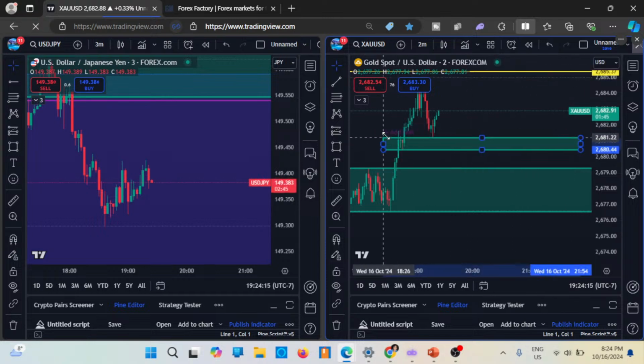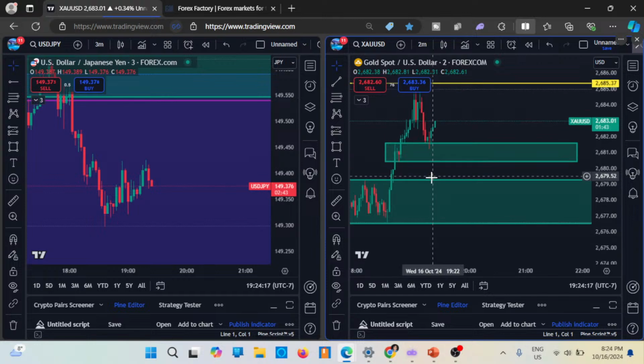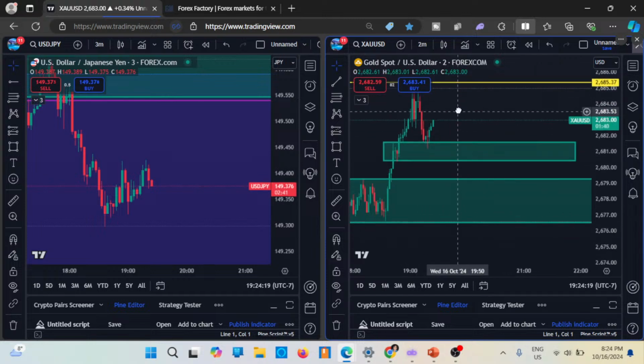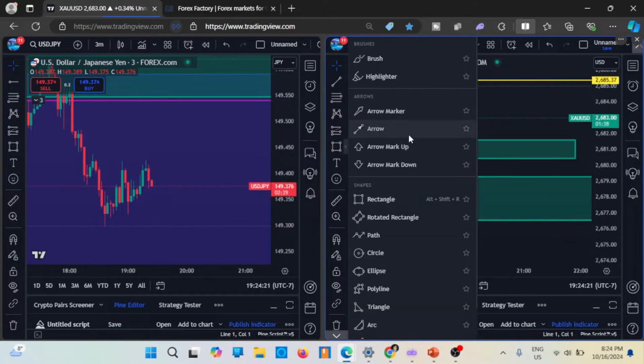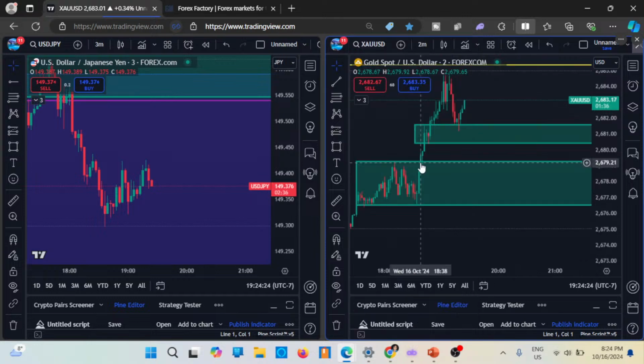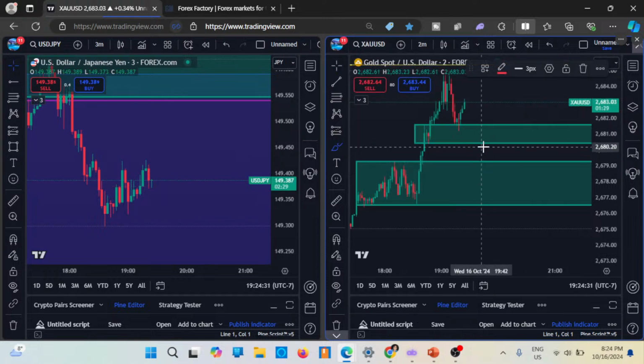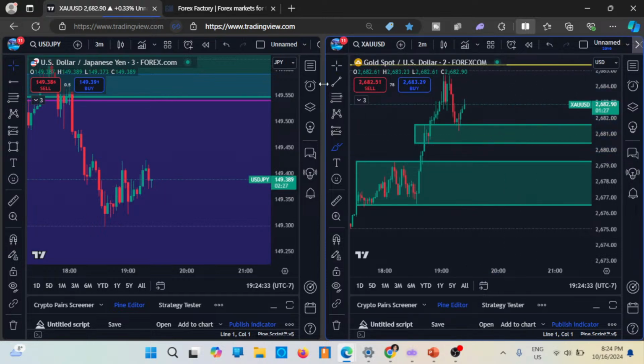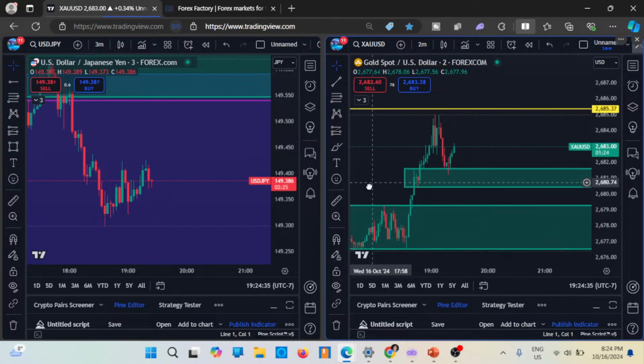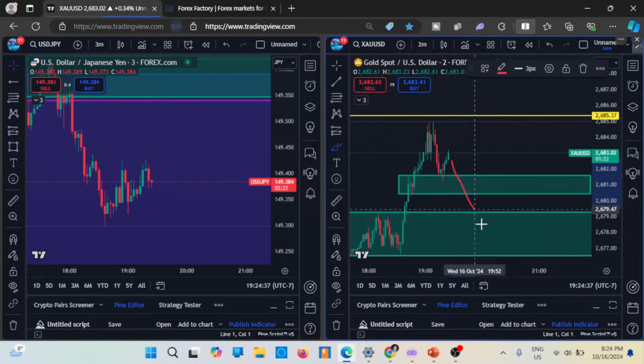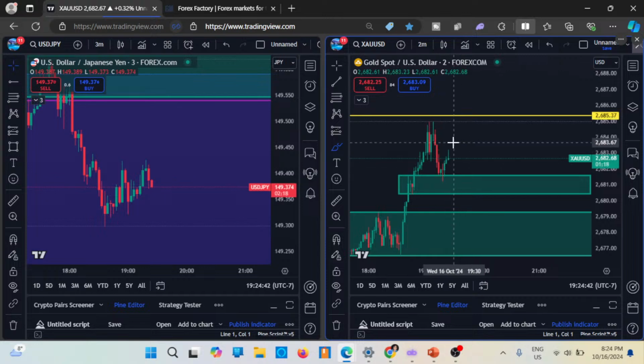So this could have been a small buying opportunity, but price is already using that, so we can't really use that anymore. So the next best area to look for a potential buy would be around 26.79. That's where we'll look for potential buys. When the price comes, we'll look to buy there. That's number one. And if the price for whatever reason doesn't return to this level, then we will wait for the breakout. Price needs to break this resistance, which is at 26.85, and then we will buy